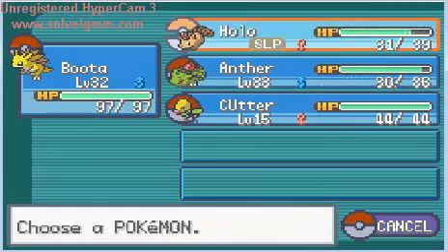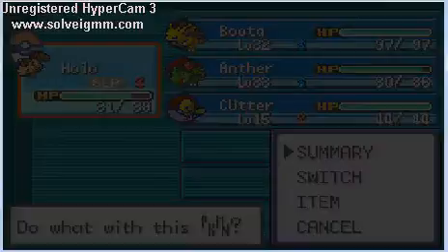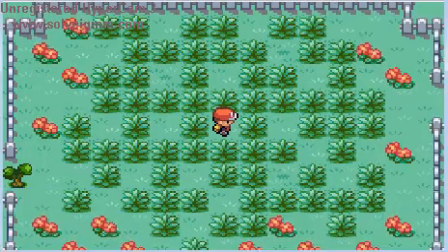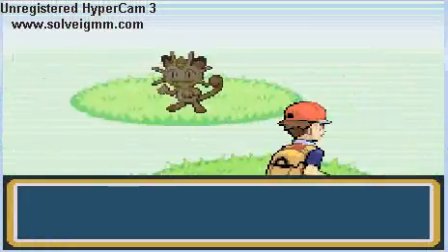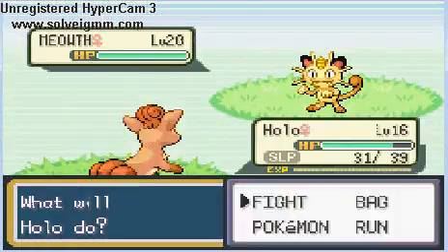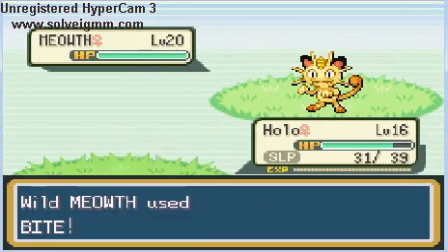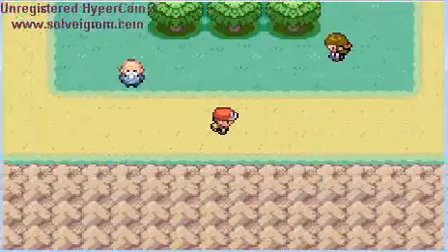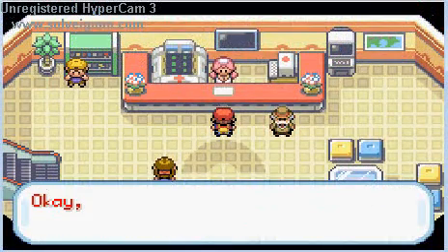I am aware that Holo's a wolf, but Vulpixes do look kind of like wolves, and Holo looks kind of like a fox. In my opinion, she looks more like a fox than a wolf. But